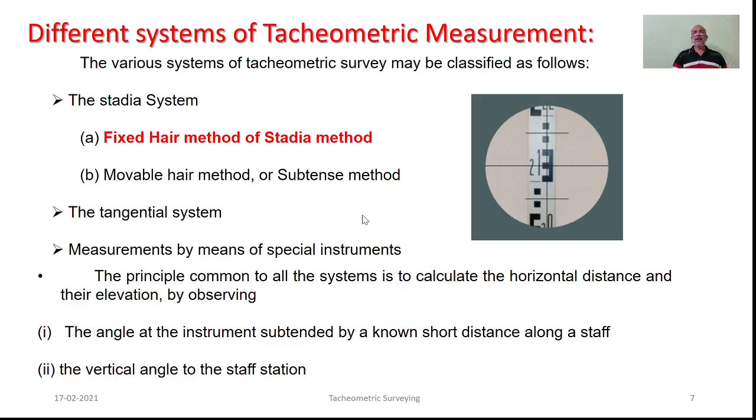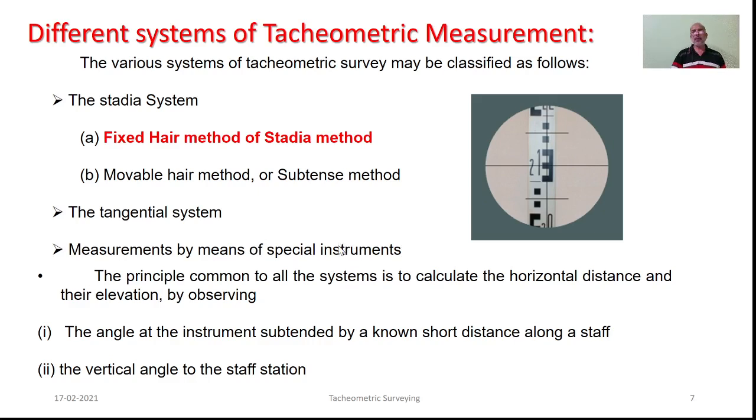Hence, we can think of some directly reducing tacheometers as special instruments for present conditions, which I haven't discussed in this particular presentation, but in some other presentation we can